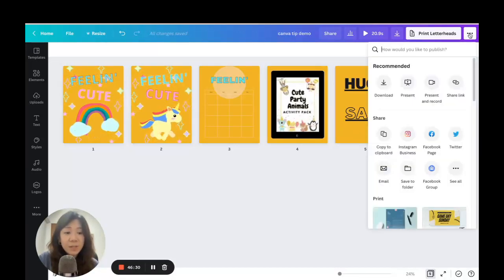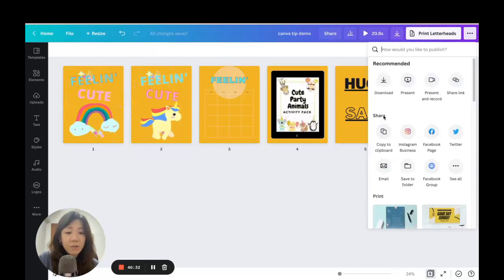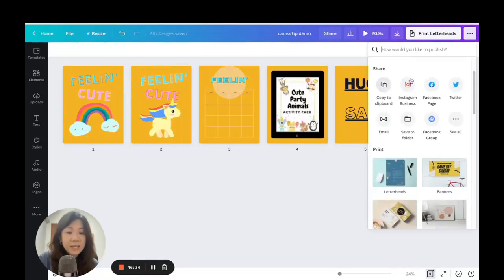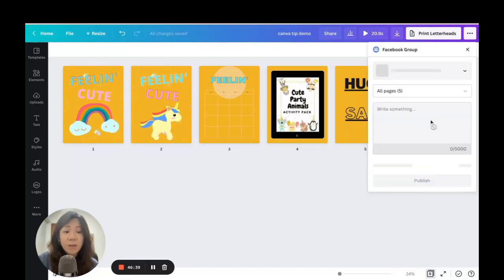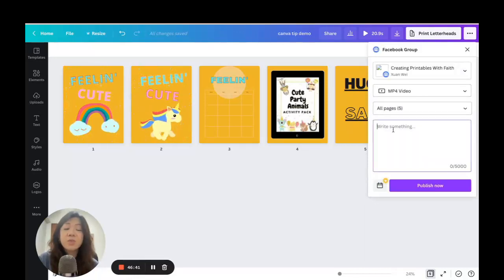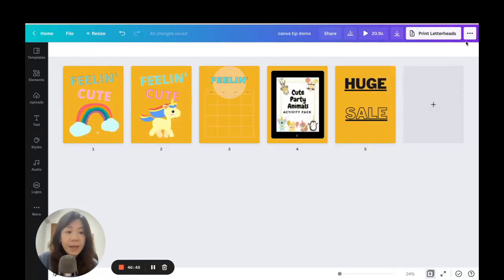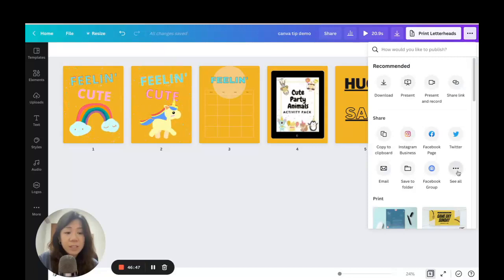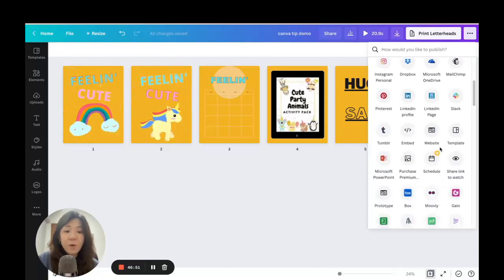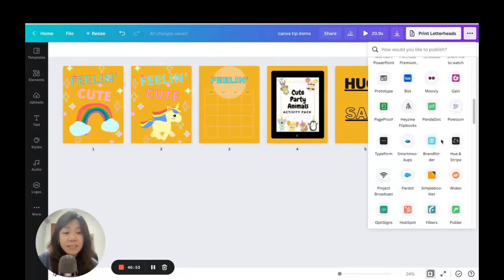Go to this ellipse menu, and right here, you can go to share. Under share, you can see that there are all these different platforms that you can share to. You can share on a Facebook group. You can even just write your post details and choose where you're going to share it to. And you can also share it on Instagram and Pinterest and all these different platforms. So it basically makes it really easy for you to combine your work that you've created on Canva and post